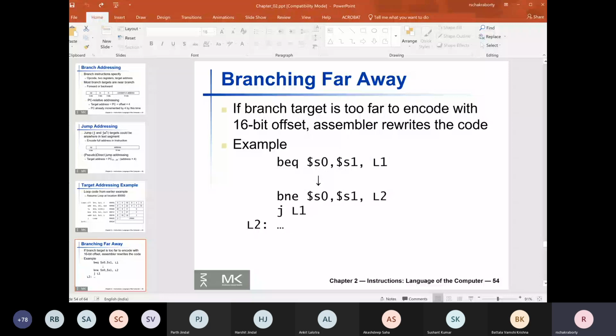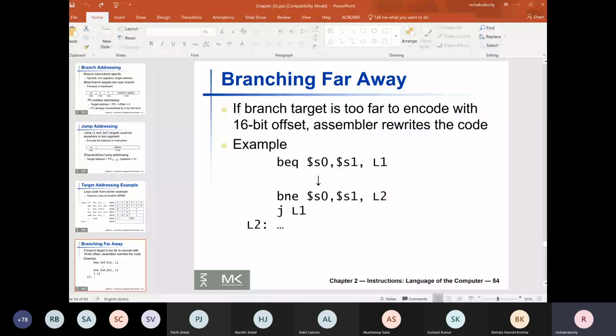He just writes the text label L1 and defines that label later somewhere. The assembler has the headache that whatever he has written has to be translated so that the BQ functionality is exactly implemented. However, the 16-bit offset may not be enough, even after multiplication by 4, if the program is so large.